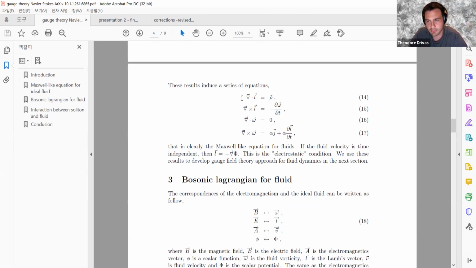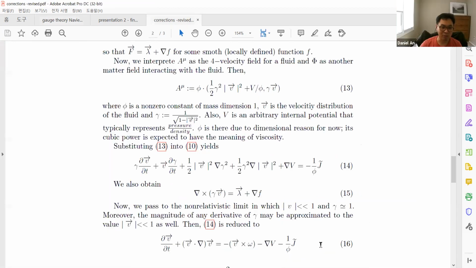I see. But in the second paper that you showed today, you had A as some complex formula for V. I think equation 13 in the second paper. Can you show us the second paper? Or the presentation PPT that you showed? Yeah, this one, equation 13. You have A defined as something complicated. A is not equal to V. It's defined as some complicated form of V and phi.